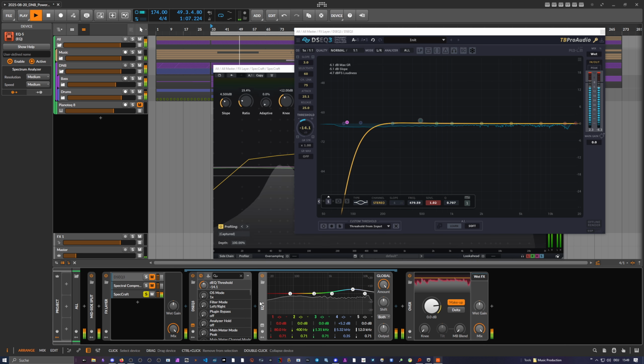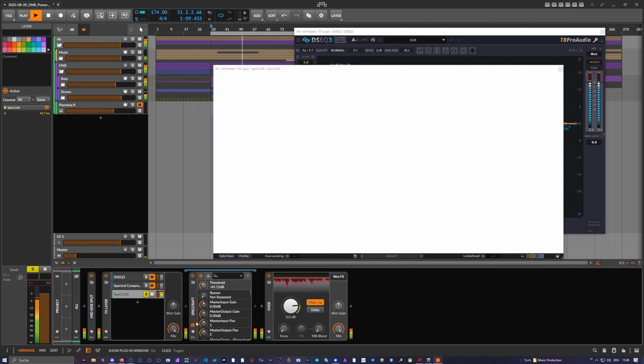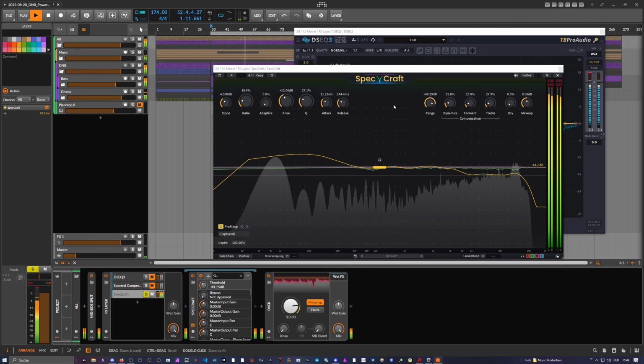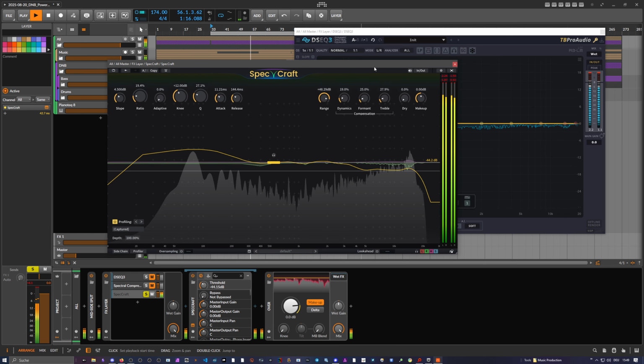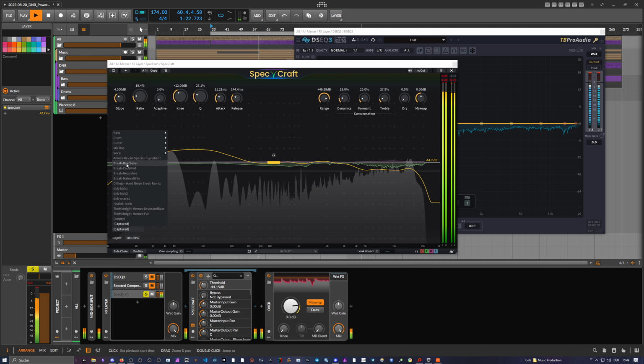So with Speccraft, you have this basically in one plugin. But it more or less works in the same way as all of the other things. It's just quality of life. And it has maybe a different sound to it. And it's also that you have this profiling thing, right? You can see I already